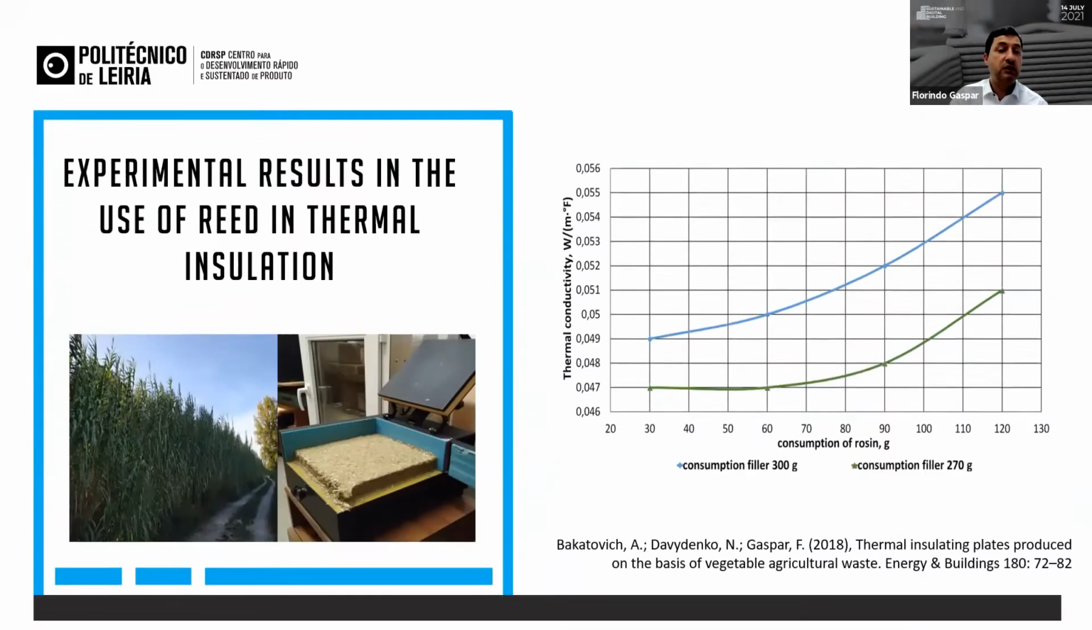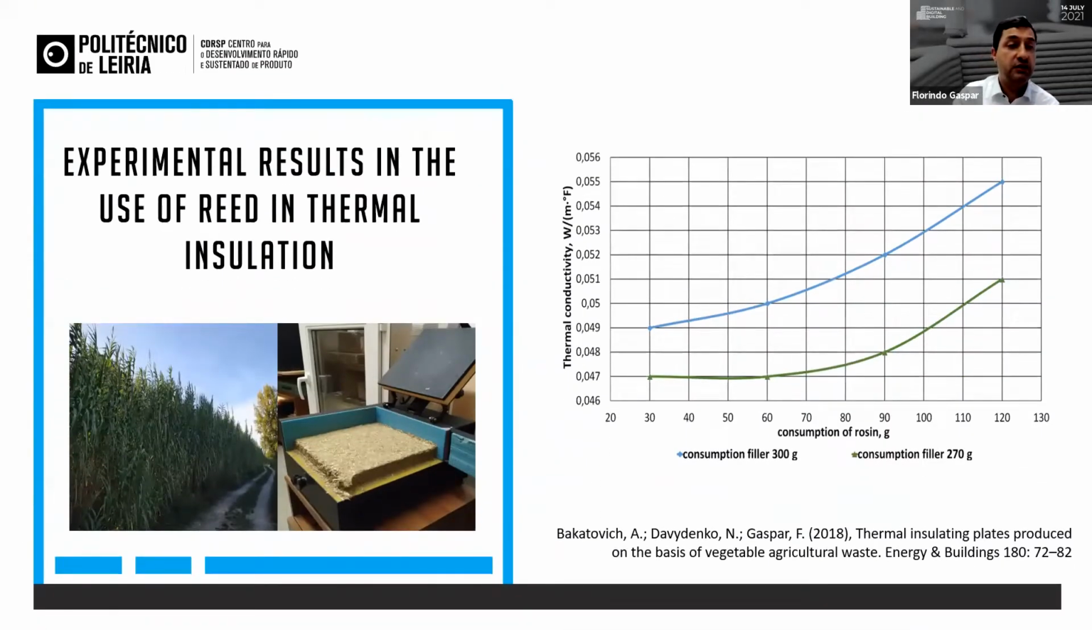Another example I have here is about the use of reed. Reed, as I have here in the figure, is a material. It's a vegetable plant that we have in Portugal. It's an infestant plant, so people don't use it for anything, and it grows everywhere. So it's another example that I can give to you that